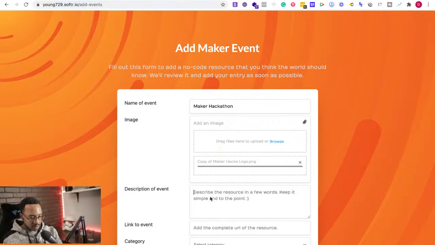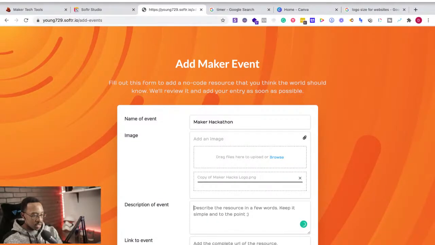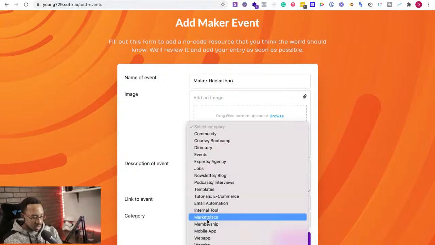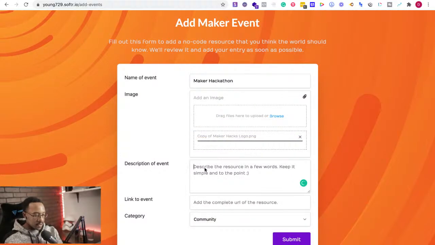Describe event. So it says describe the resource in a few words. Okay, so I need to change out that description. And then all of these are built in. That's okay. Describe the event. This event is created to show makers and no coders how to create events